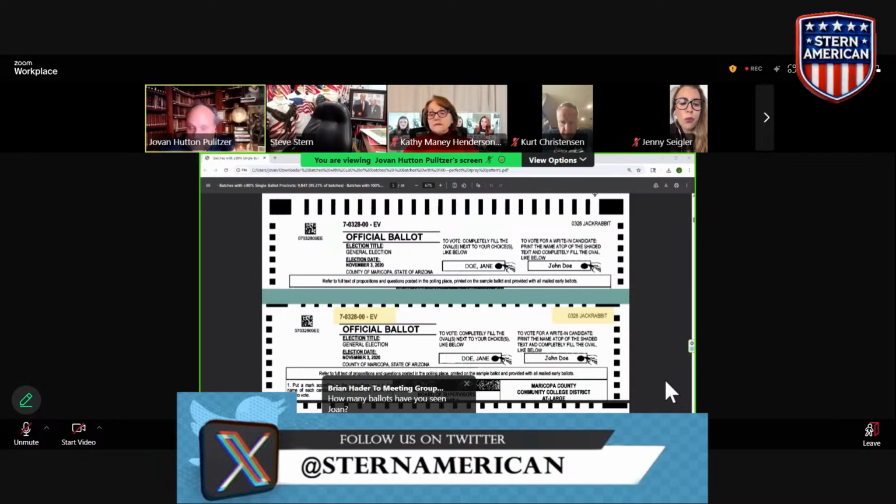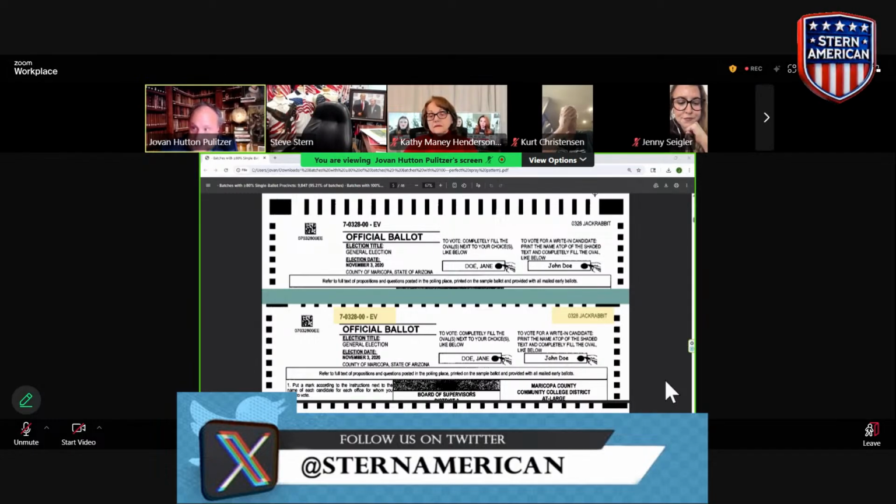What is it? Number one, you see it says EV. That means this ballot is an early vote ballot. All ballots have this. This is an EV code. You can get an EV two ways. You can get it mailed to you or you walk in early vote.